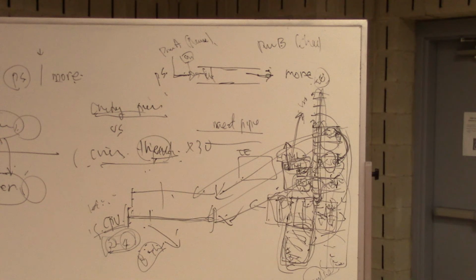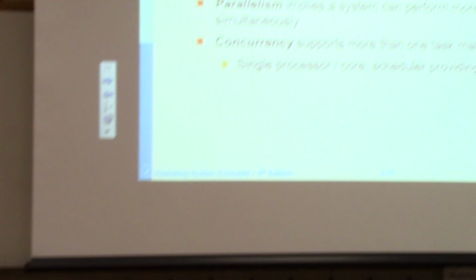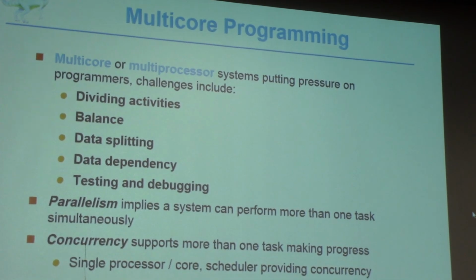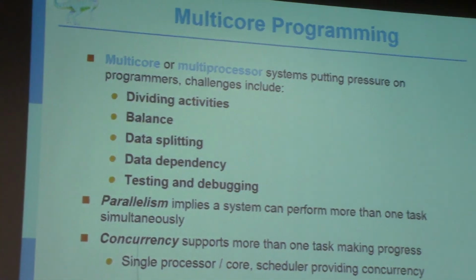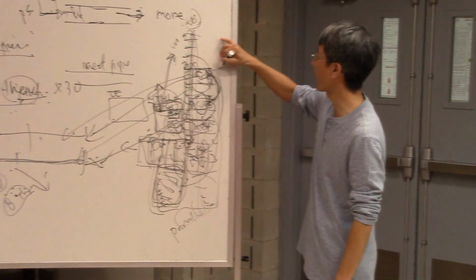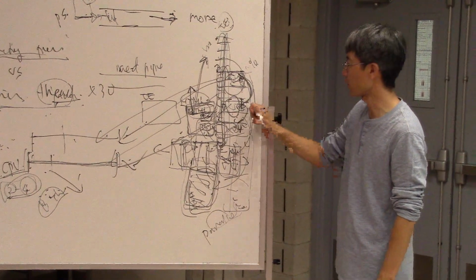That will be possible, but not always. Sometimes you need to communicate with each other, and that's the difficulty. Another issue is you need to consider balance. For example, this job uses 10% of the CPU resource, another job is